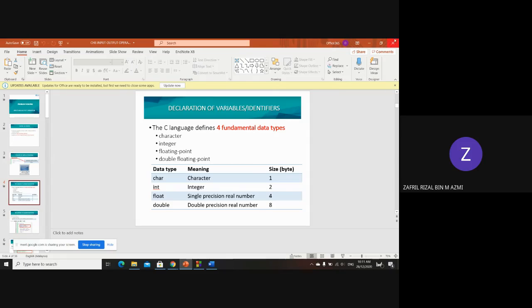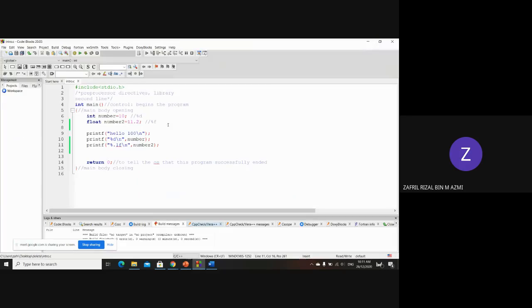So the next type of variable that we want to look at is character. For example, we have a variable called gender, and the value is either F for female or M for male. We use the short form, F or M, as the value for gender. So to use gender,